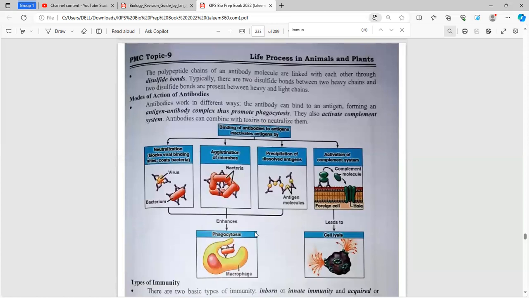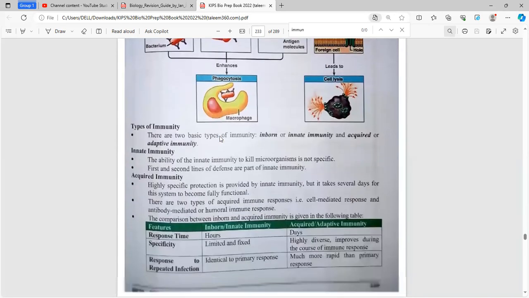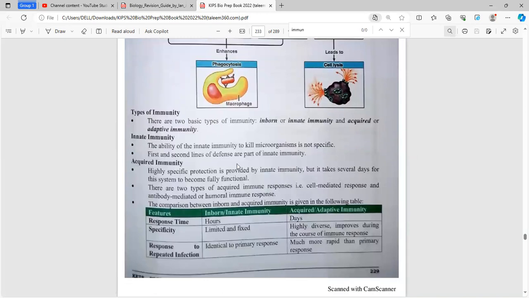Now, how antibodies work, we already talked that they neutralize the microorganism, cause agglutination or clumping of the microorganism, and activate the complement system. There are two types of immunity. This is frequently asked, the differences between the two. Innate immunity is that type of immunity which is naturally present in the human body. For example, when the baby drinks mother's milk, he gains antibodies from the mother's milk to fight the pathogens. Innate immunity is non-specific, and it is the quickest form of immunity.